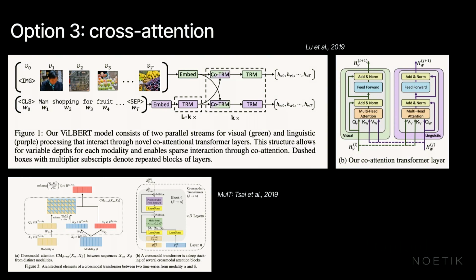Okay, the third option that you could do is cross-attention. So now we're getting much more transformer specific. The idea here is you have 2 token streams, one from each modality. In the example from the Liu et al. 2019 paper, you have 1 token stream that comes from images, and then you also have a second token stream that comes from text. So those are your 2 modalities. You can have as many self-attention layers as you want within each stream, but then you can also have these cross-attention layers